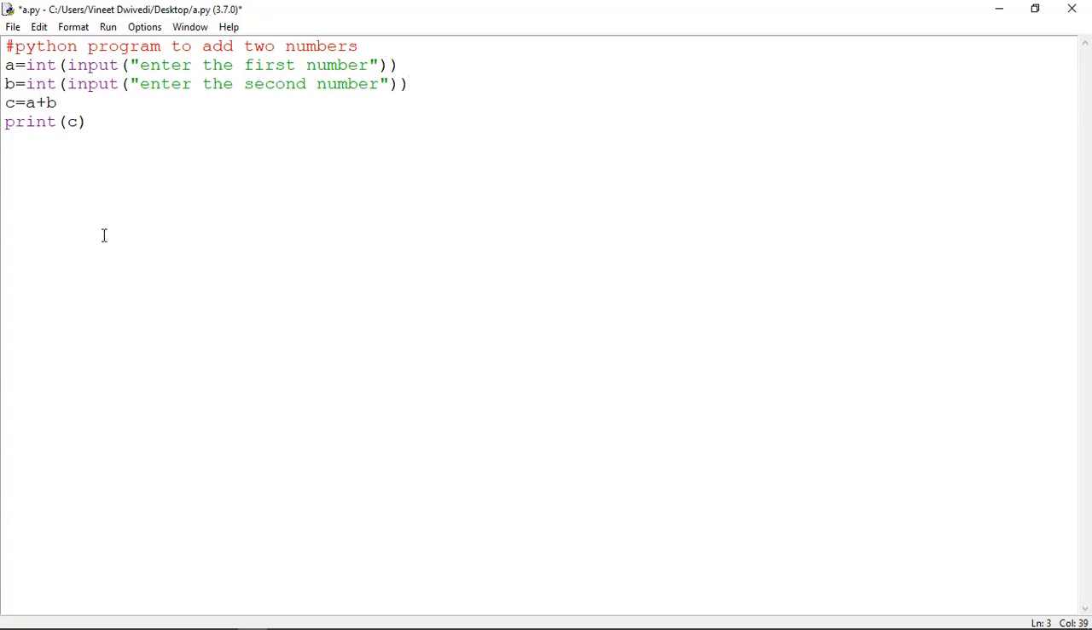Okay, now C is written as A plus B, and now we are also changing this print statement. We want a message that this is the result of the addition of these two numbers. So how can we write this? In print only we will write this statement: addition result